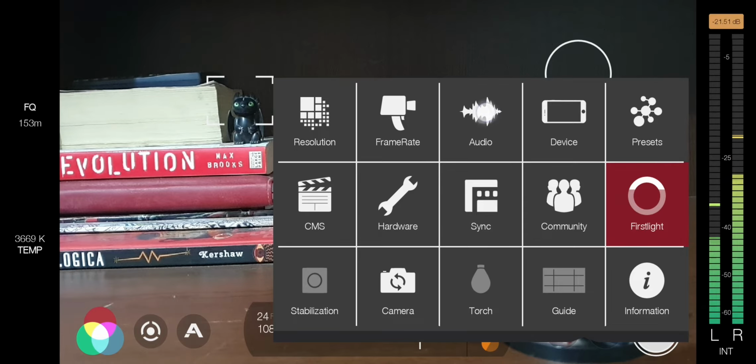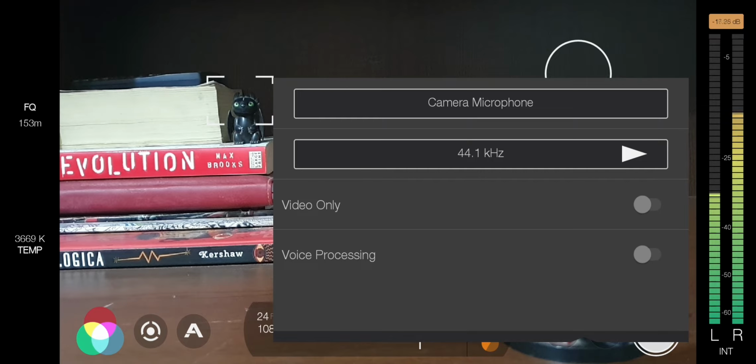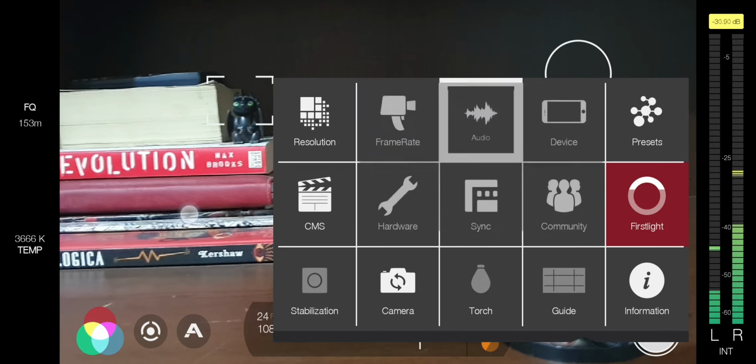And audio, I'm using the camera microphone, so that is what is showing here. If you use an external mic, it will show up here, and you can change this according to your need. You can also toggle this option to record only the video, not the audio.